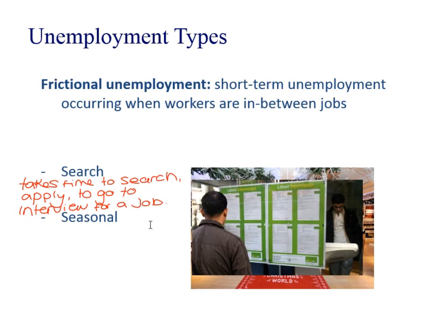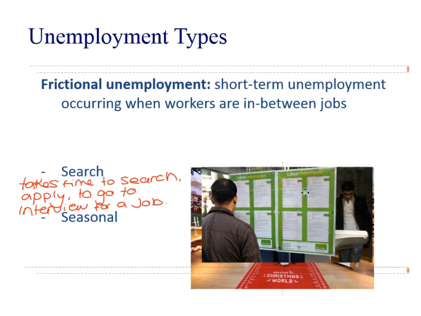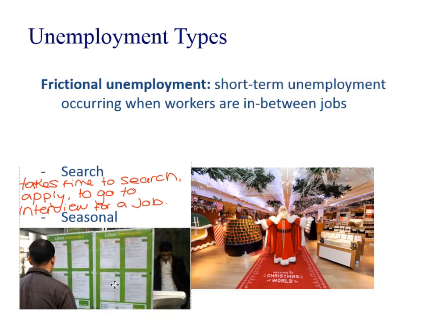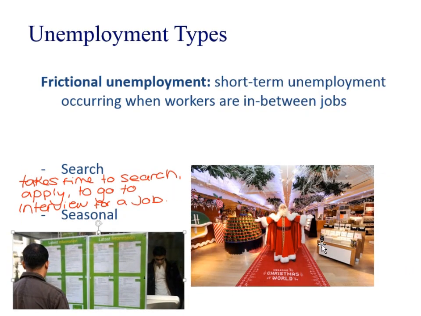And then the last type of unemployment I'm going to look at is frictional unemployment. So short-term unemployment occurs when workers are in between jobs. So there might be search unemployment. So you might be so busy at work that